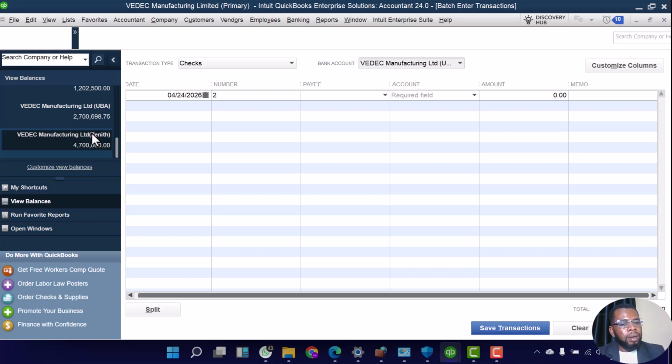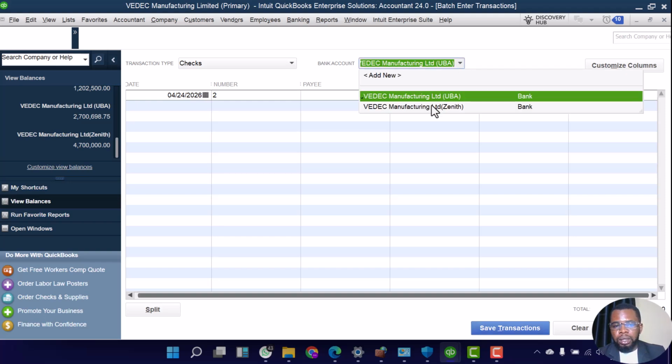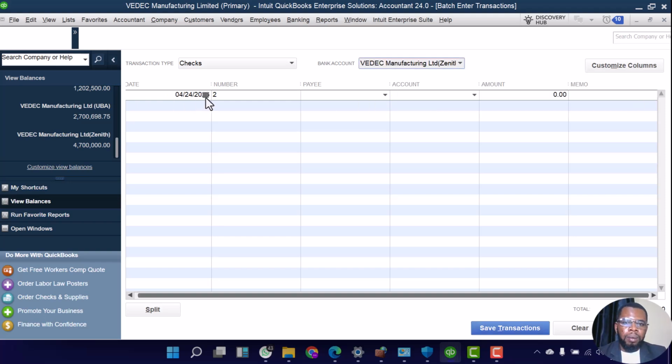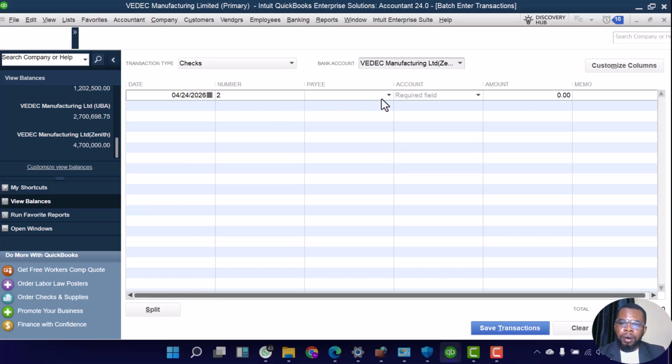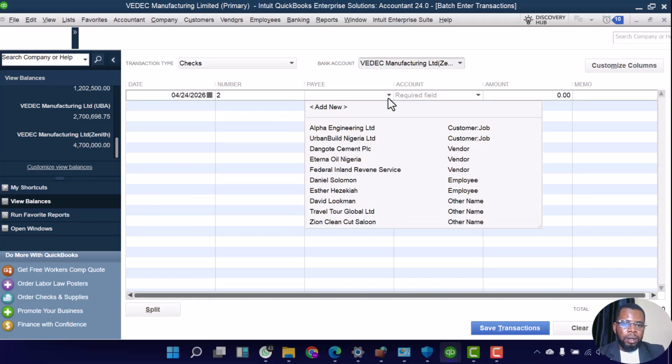So we've done that travel expense. We don't need to do any other transaction again. Let's just leave it at that. Or should we record for repairs? Let's record for repairs, the same format. Let's assume that repairs is coming from our Zenith Bank. We're debiting Zenith Bank on